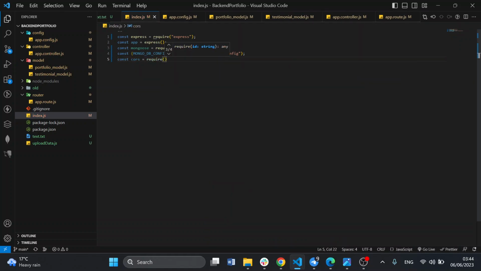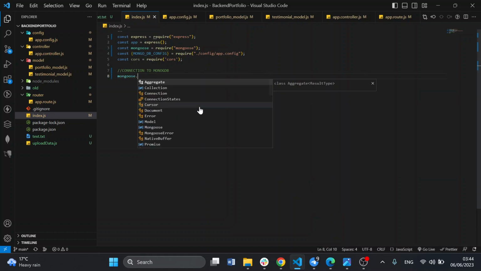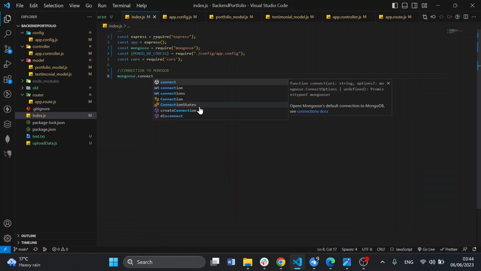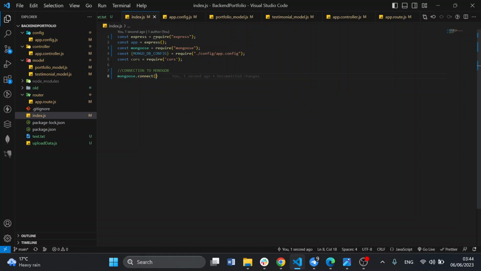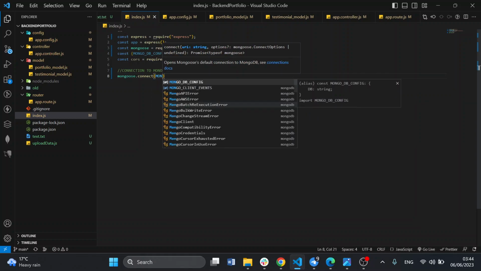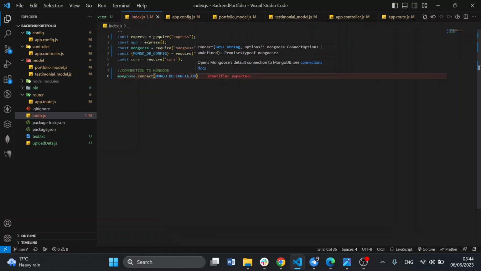Remember that we installed express, cors, env, mongodb, mongoose and nodemon at the beginning. So now I'm going to say here, connection to MongoDB. Okay, so what are we going to be having here? We're going to say mongoose.connect, trying to establish a connection to our database, and we're going to call on mongodb.db,